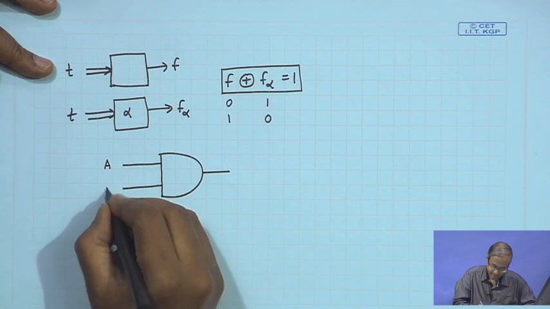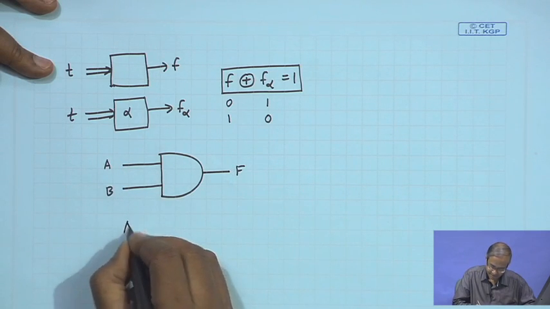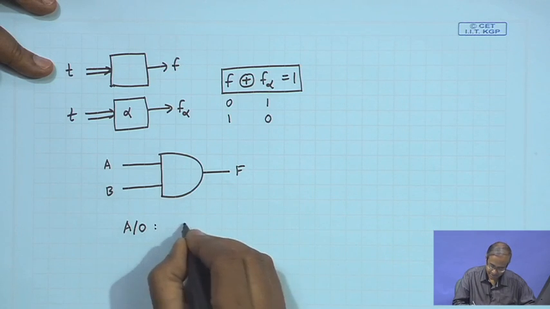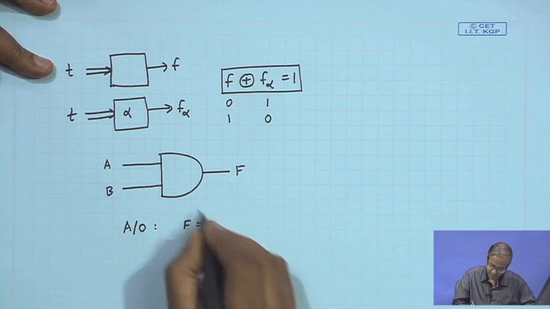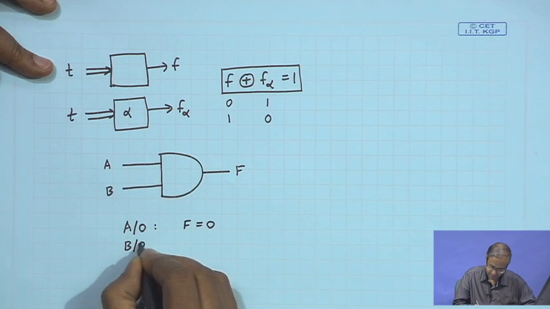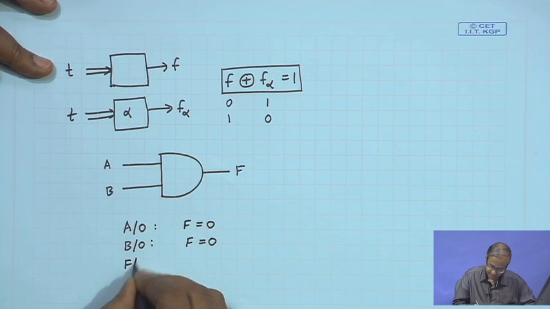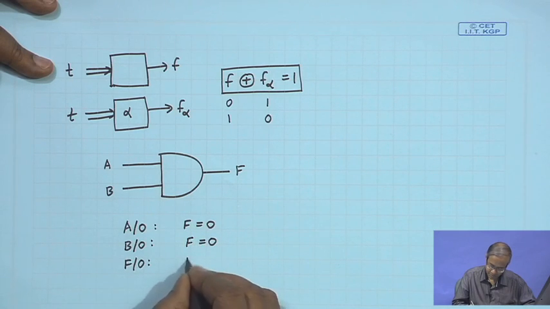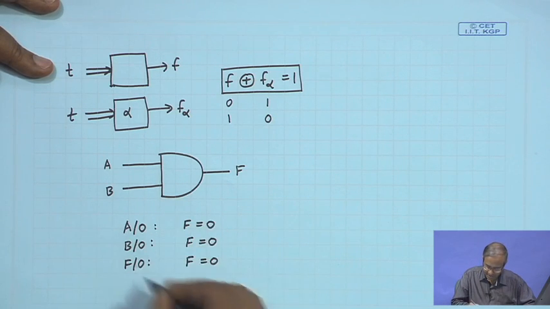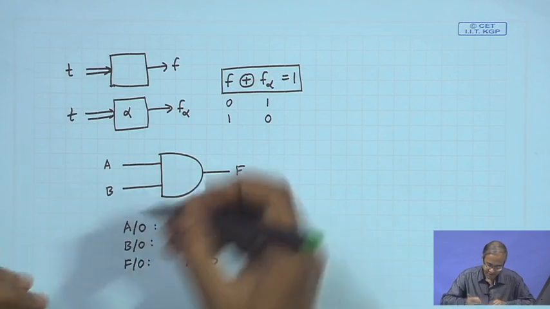Let us say the inputs are A, B and the output is F. If I have a fault A stuck at 0, your output F will be 0, because one of the inputs of the AND gate is 0. If I have a fault B equal to 0, then also output F equals 0. If I have a fault F stuck at 0, then also F equals 0. So, I can detect these faults by applying clearly a test vector 1 1,